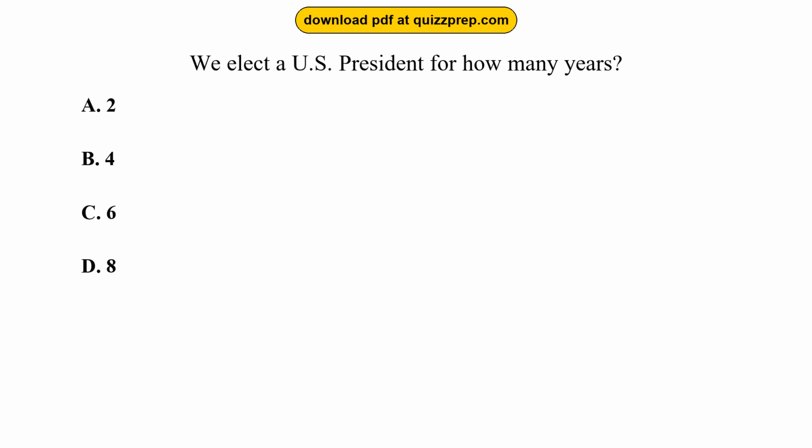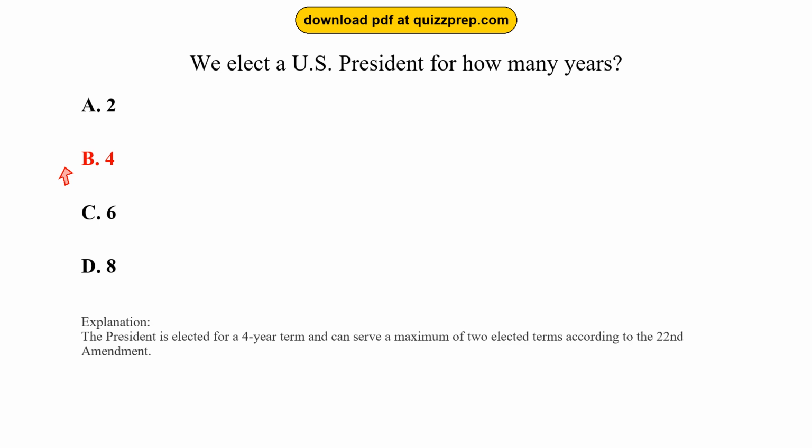Question 68. We elect a U.S. President for how many years? Option A 2, Option B 4, Option C 6, Option D 8. The correct answer is option B, 4. The President is elected for a 4-year term and can serve a maximum of 2 elected terms according to the